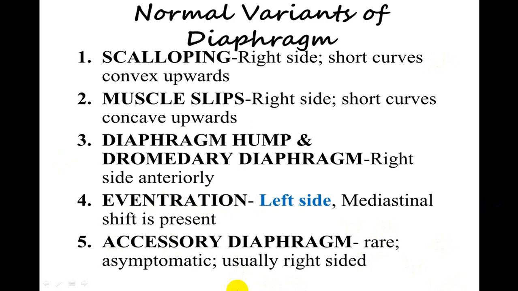I already mentioned that if the diaphragm is pushed up, it can be because of an abdominal condition like pregnancy, obesity, or massive ascites, or sometimes in a case of pneumoperitoneum. So in that condition, the diaphragm is pushed up, which will make the heart horizontal, and will give you a false interpretation of cardiomegaly.